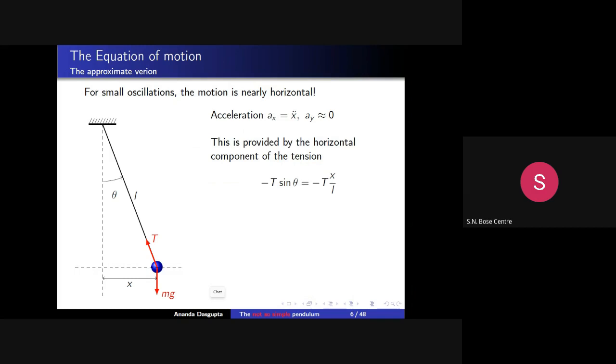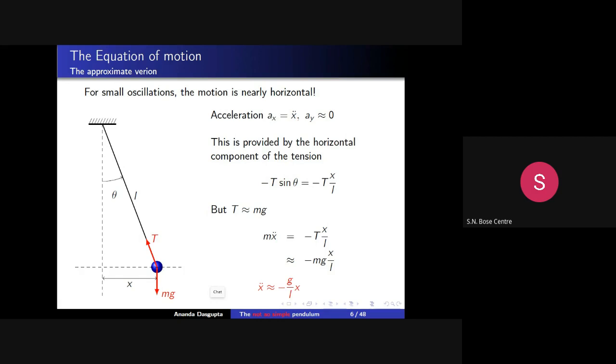But the approximation comes from the fact that a_y is approximately 0, which means T, the vertical component, which is of course T cos theta, for small oscillations is nearly T, and that's equal to mg. So that's the approximation. And once you put that in, you end up with m x double dot, the force in the horizontal direction, equals minus T x by L, and T replaced by mg gives you this. And then you finally end up with the very familiar equation, x double dot is approximately minus g by L into x. And g by L is this quantity which you call omega square,